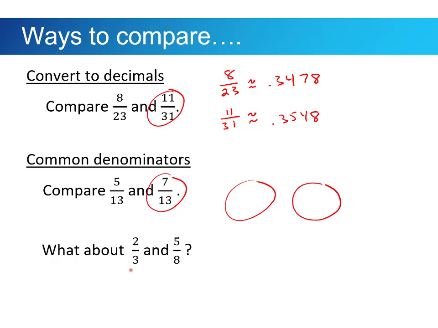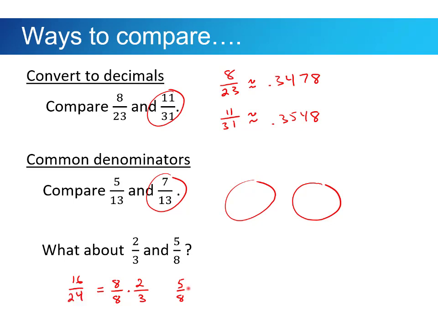Now, what about 2/3 and 5/8? They don't have a common denominator, but can I make them have a common denominator somehow? I can, so let's look at this. 2/3 and 5/8. I take the denominator from one fraction, let's say 8, and the other fraction I multiply the top and the bottom by that 8. And so we've seen this idea in the past that if you take a fraction and you multiply the top and the bottom by the same number, you get an equivalent fraction. So this becomes